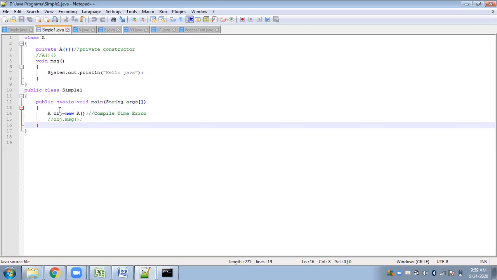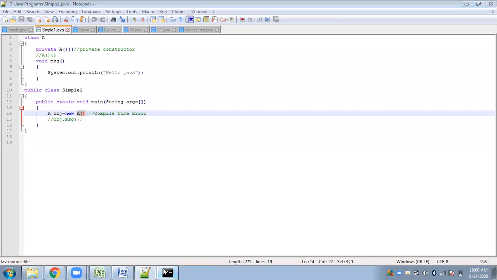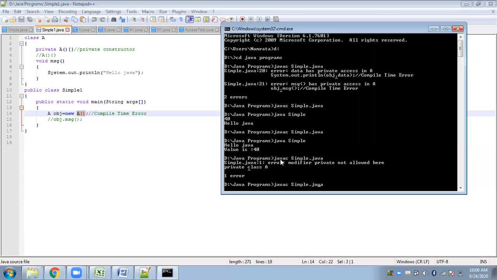Now, what was it supposed to do? This statement on execution was supposed to create an object of class A and invoke the constructor A. When this is executed, control will automatically be passed there. The constructor will be invoked, the object will be initialized with default values, and that is it. But here we do not have any statement for calling the method. So first we will check only that, simple one.